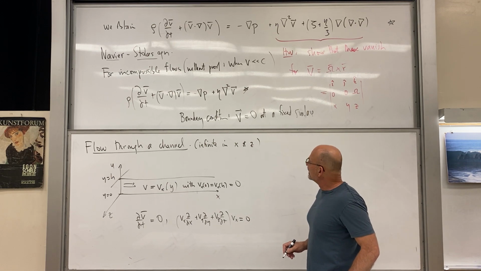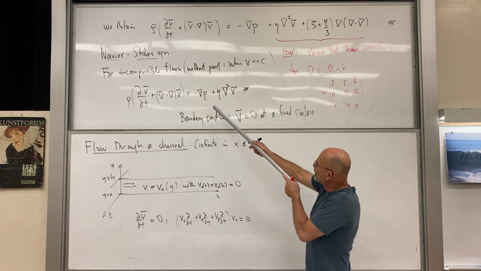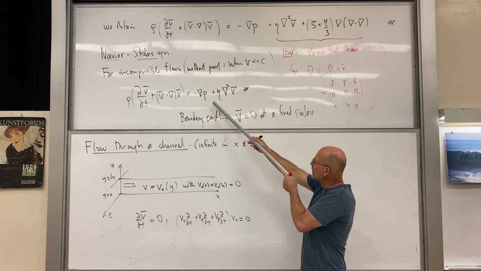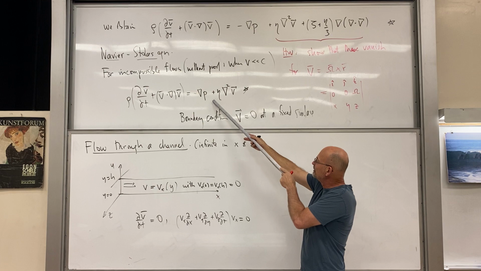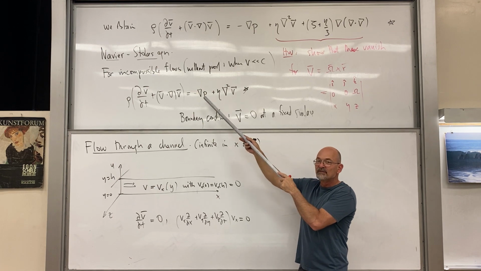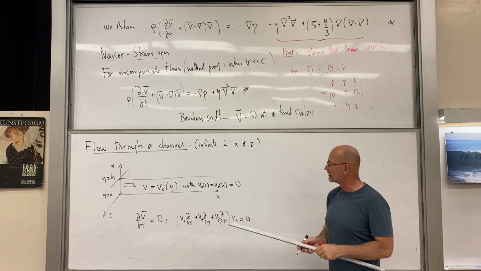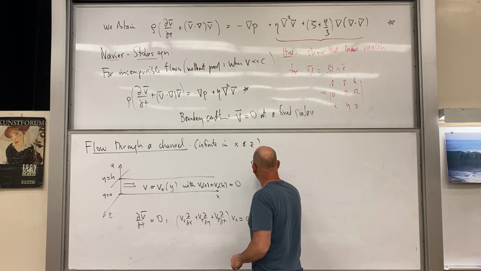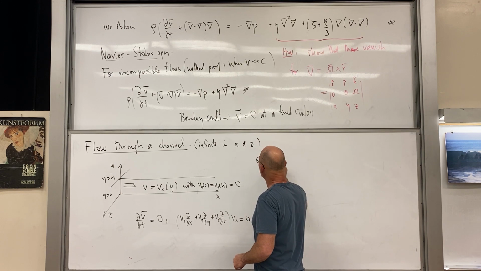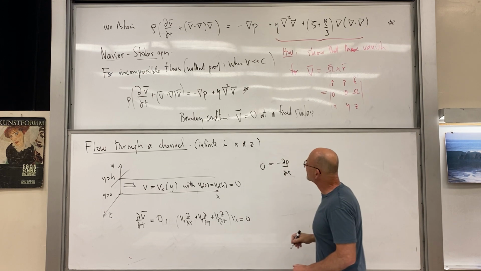I should also say something: we're only going to have one gradient in P, only dP dx. dP dy and dP dz are going to vanish identically because everything to the left and to the right of them is equal to 0. So what we end up with now is 0 equals minus dP dx